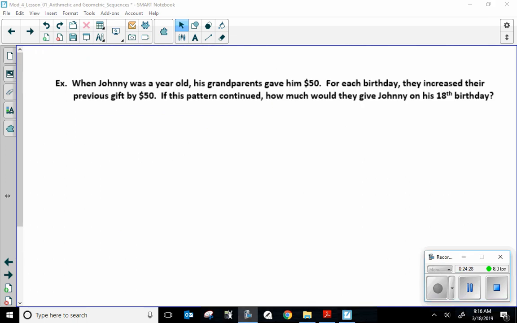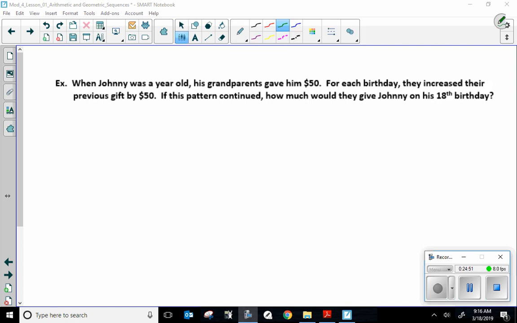When Johnny was a year old, his grandparents gave him $50. For each birthday, they increased their previous gift by $50. So when he was 1 year old, he got $50. When he was 2 years old, they increased that by 50 to 100. When he was 3 years old, they increased that by 50 to 150. So how much would they give Johnny on his